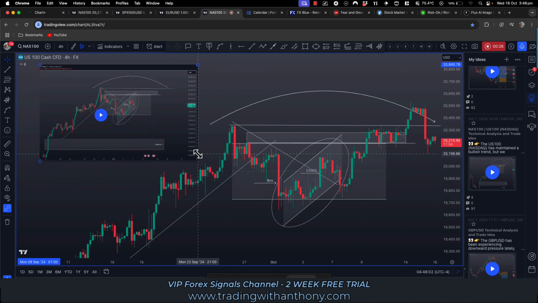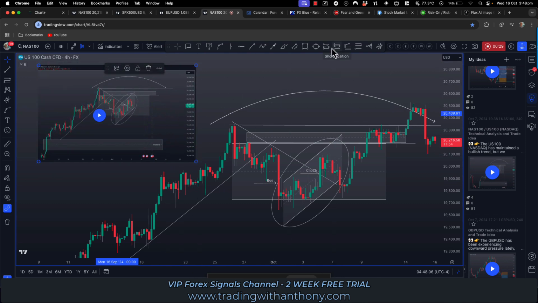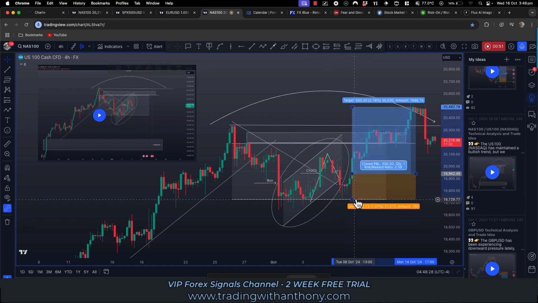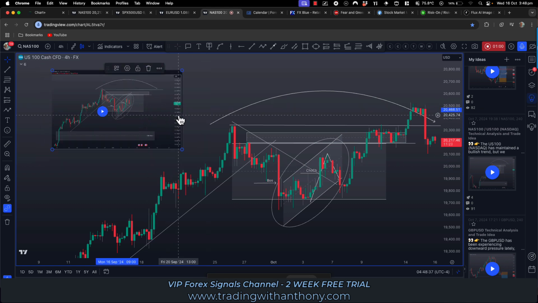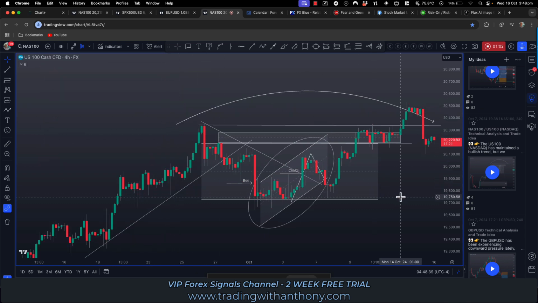If you took this trade based on the video, you would have possibly entered on this retrace, pulling right back into this value area, and that would have been a buy as this was moving away here, stop under the previous low, and that was a nice outcome. So what we're going to do in this video is have a look and see where we're at